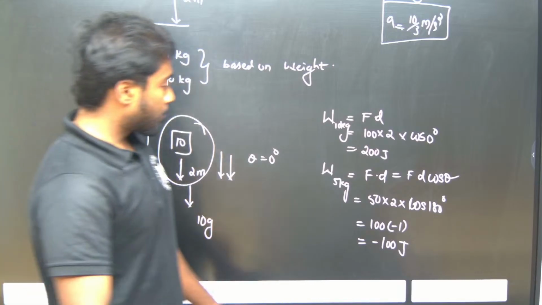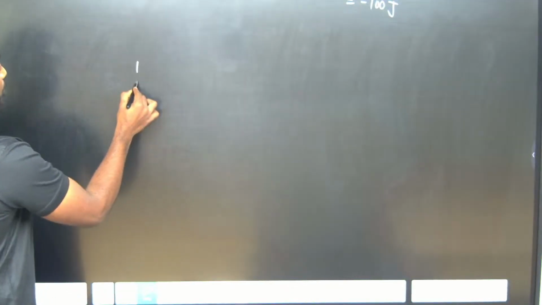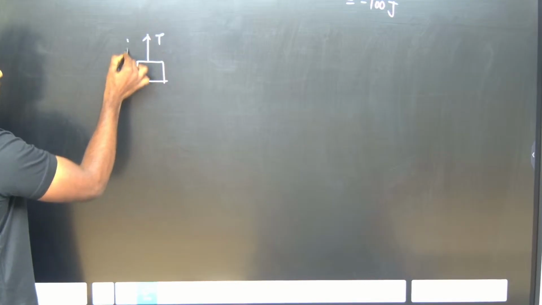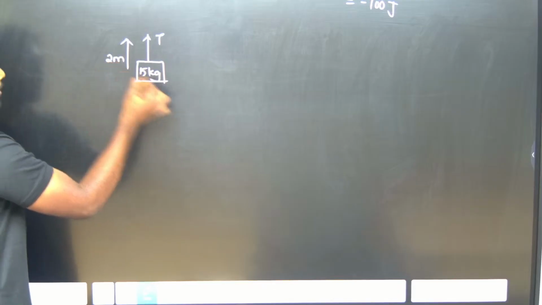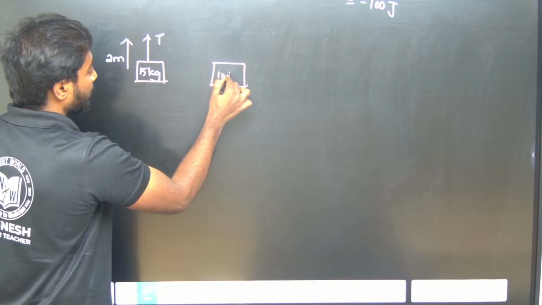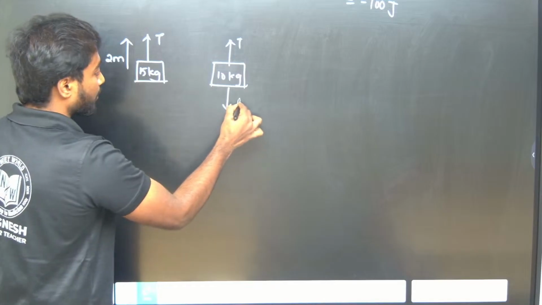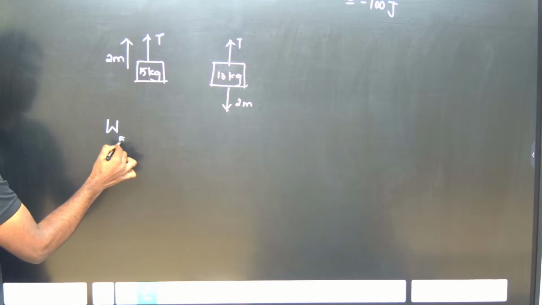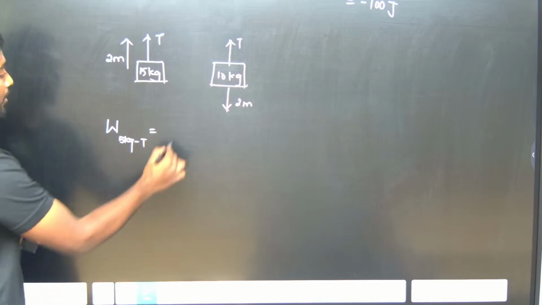Okay, now the tension. Now the tension takes place here. Now the 5 kg block, tension is upward. Its displacement is also upward. This is 5 kg and 2 meter. 10 kg block, tension is upward and displacement 2 meter is downward. Okay, so work done by 5 kg block tension is nothing but T dot D,